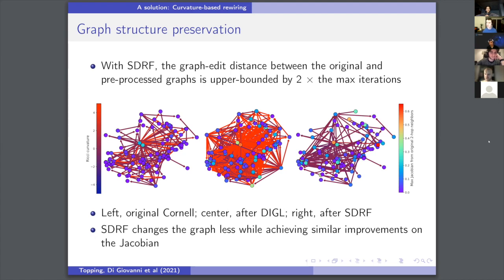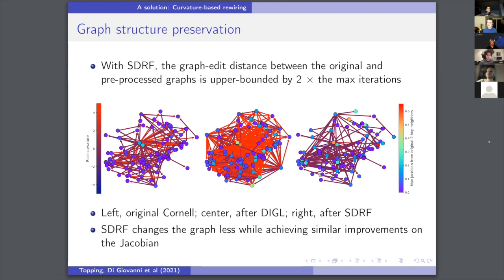And the nodes are actually colored according to the maximum Jacobian from the original 2-hop neighbors. So out of the 2-hop neighborhood of a node's original node, how much information are we able to get from that node in our trained neural network? As we can see, both methods open up the bounds on the Jacobian. We can see from the Jacobian that there's a lot more variance, with a lot more higher values taken outside of the two very central nodes.